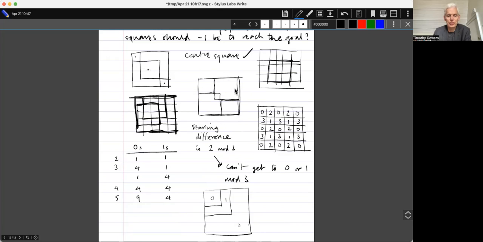It was done here. So to do that, I added the entire 5 by 5, which gave me, what did that contribute to the number of noughts minus the number of ones? It made it up to 5, which is 2 mod 3. And then when I added this, and this, and this, and this, each of those didn't change the difference between the number of noughts and ones. And this one added 3 to it, and this one added 3 to it.